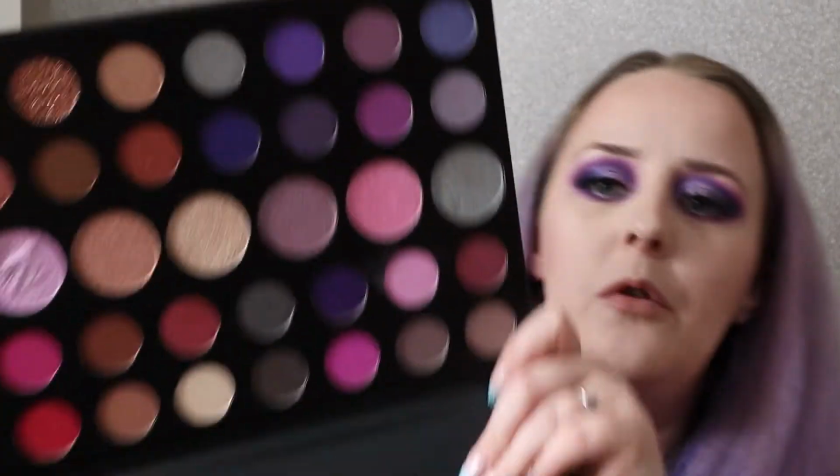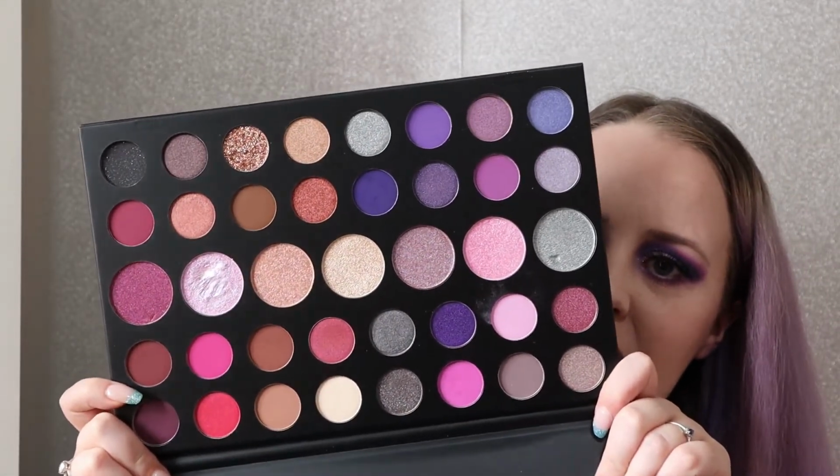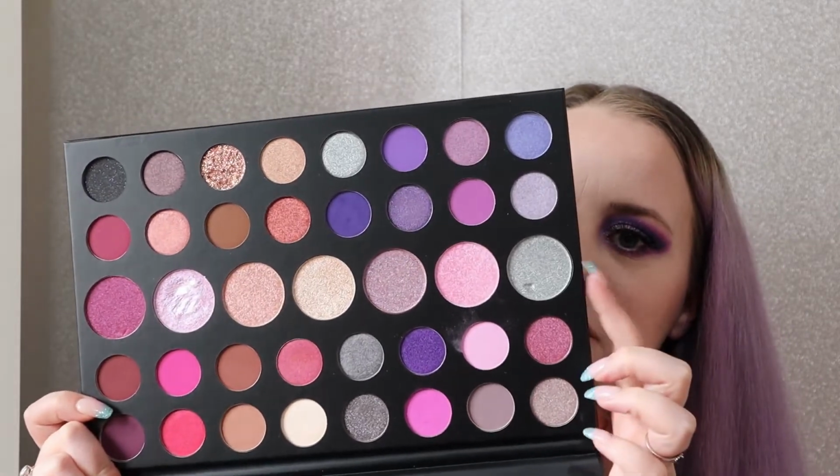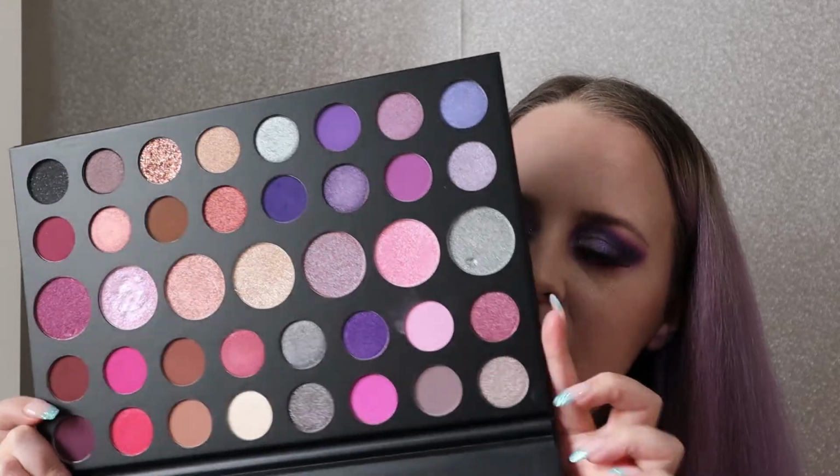I would definitely recommend it, and it's something that is worth the money. It's not the cheapest of palettes, but then again, you get like a million shades, all these shades for your money. So although it's an expensive palette, you're getting so many different colours, and they are decent pan sizes. I mean, these are incredibly large, but even the smaller ones are regular pan size. So it's a heck of a lot of shadow for your money when you compare it to